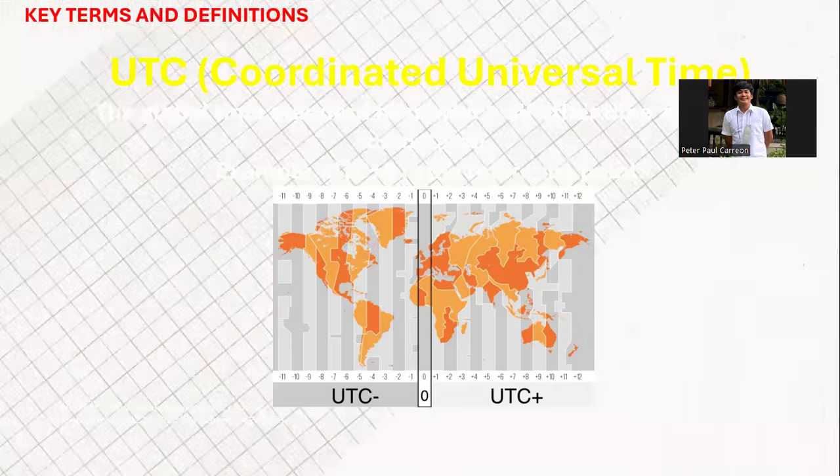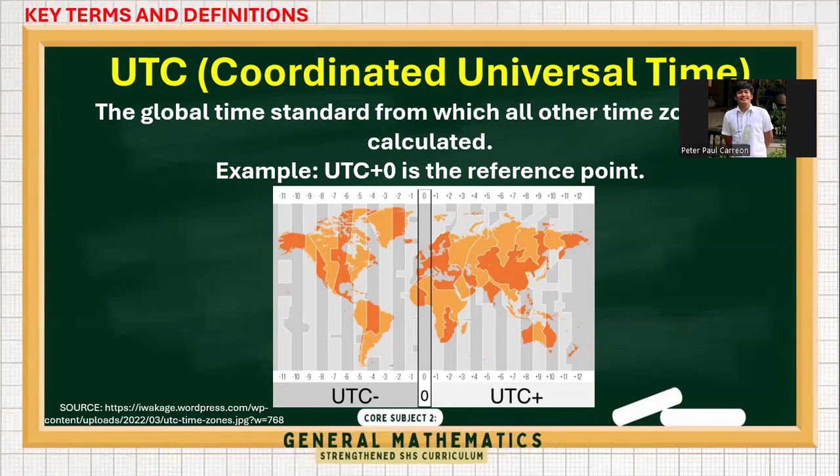So there is a disagreement between the two languages. So instead of using CUT or TUC, and to avoid confusion, the International Telecommunication Union and the International Astronomical Union agreed to use a neutral abbreviation. So now we're not using CUT or TUC, but we are using